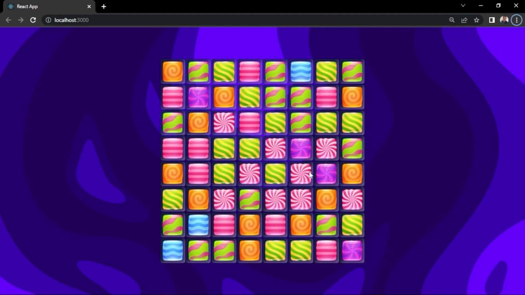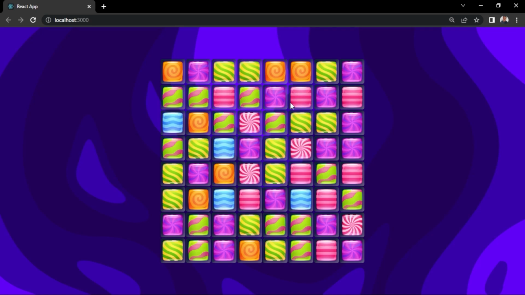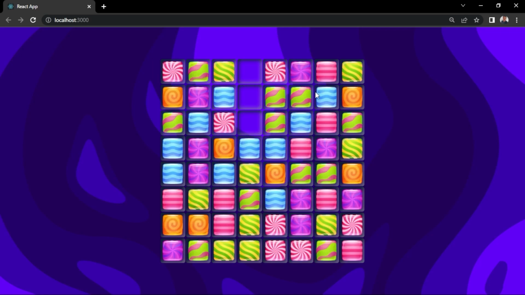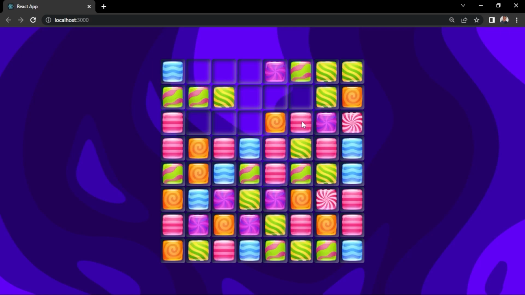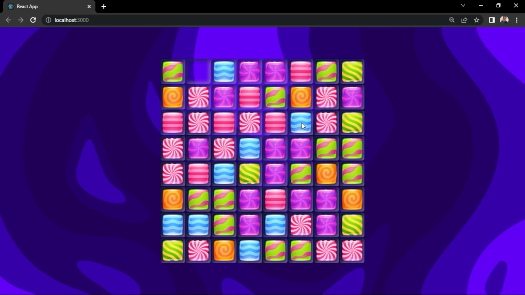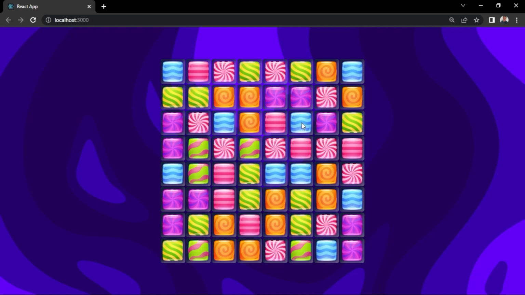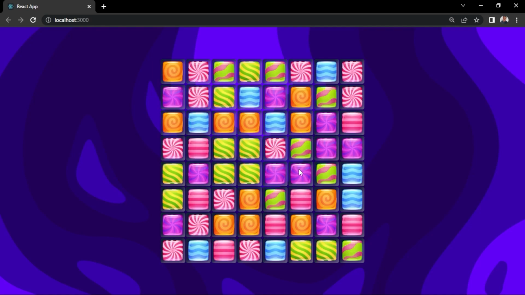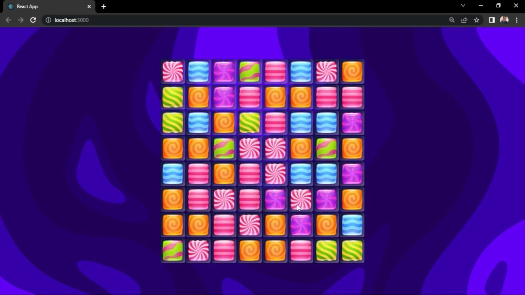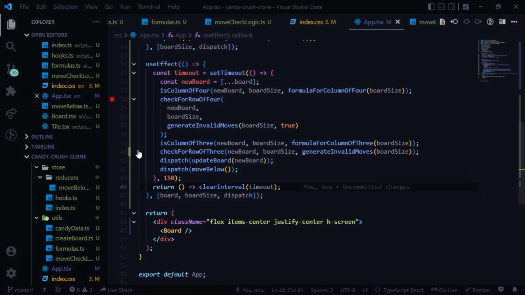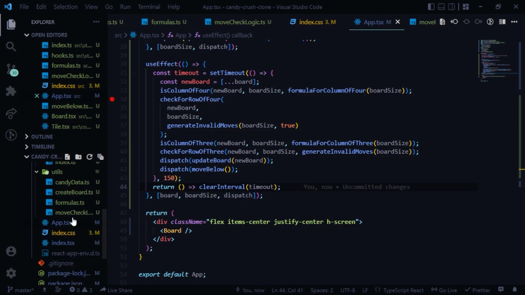Let's refresh the page. The candies are filling the spaces and new candies are being added. Yeah, that's it. So that is done. Now let's do the functionality for dragging these images and replacing. So let's do that. So yeah, now for dragging the candy, let's head over to